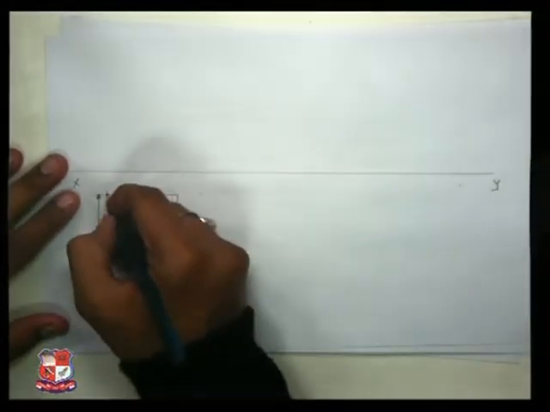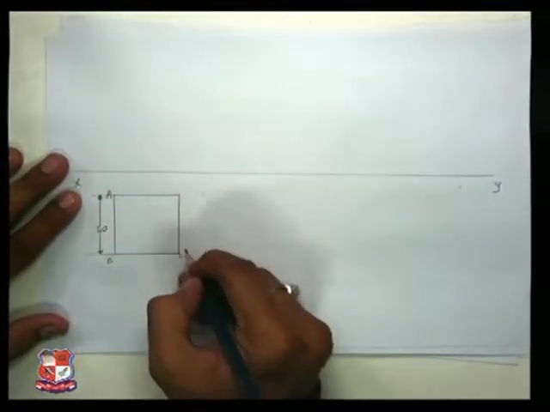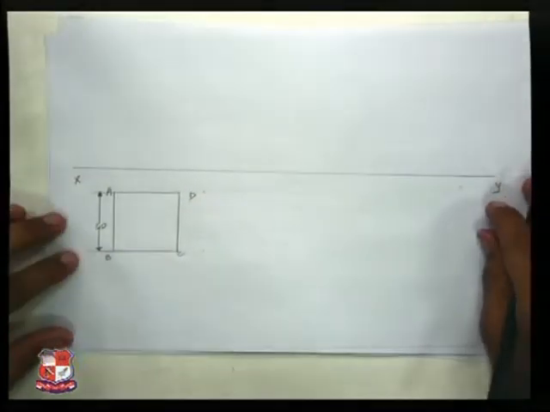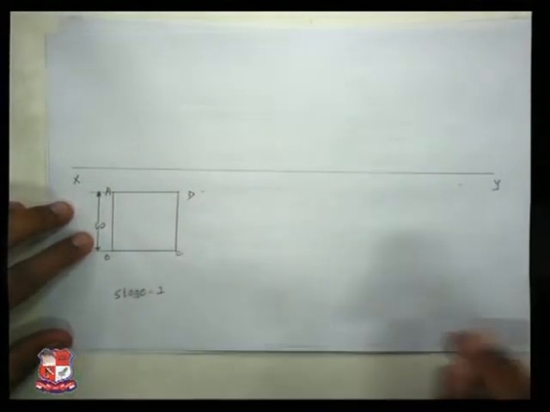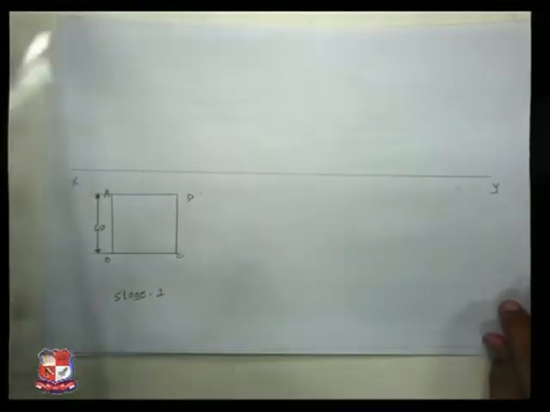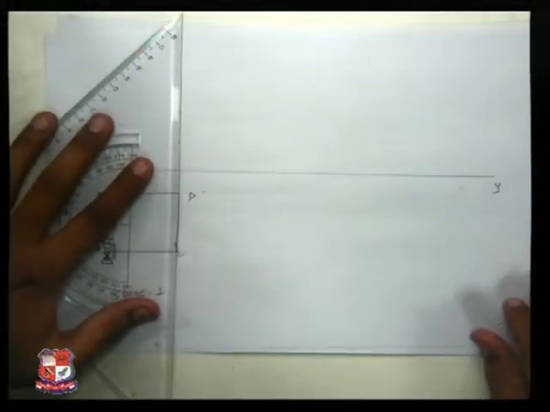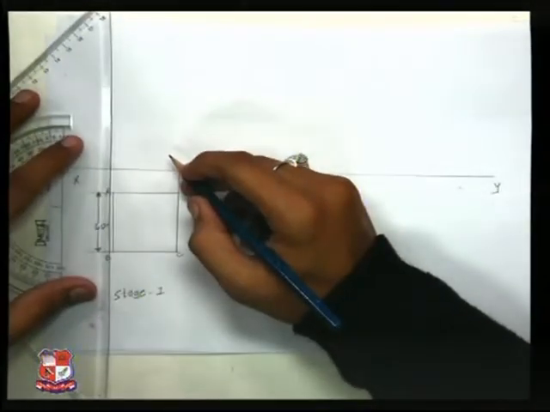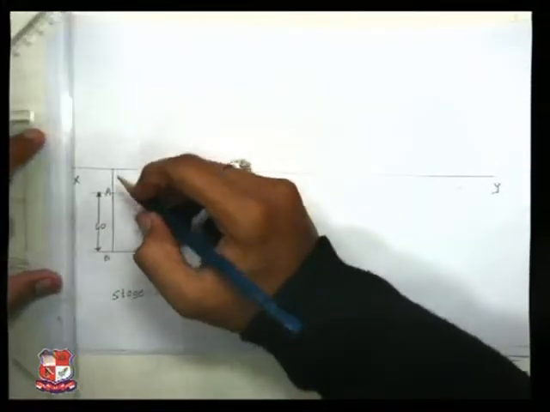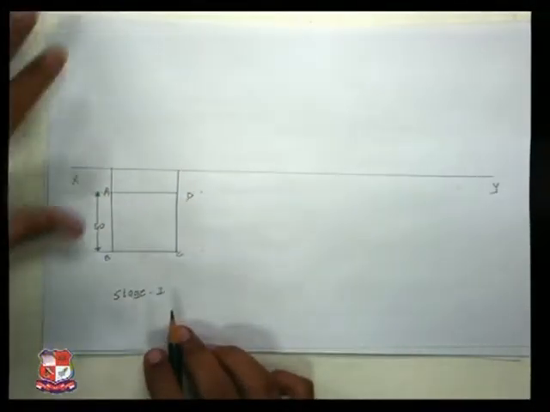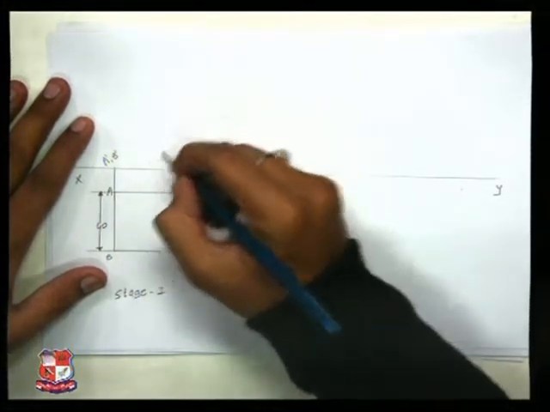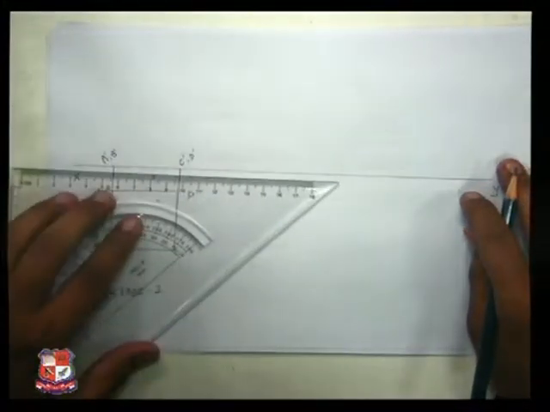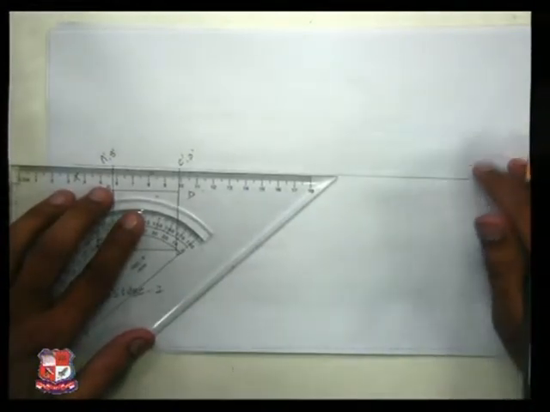Nomenclature is very much important. A, B, C and D. Again, it is the stage 1, hence we need to take square plane's projections on the XY line. As it is a square plane, we will get only two projections, that would be A dash and B dash, C dash and D dash. We will make it bolder.